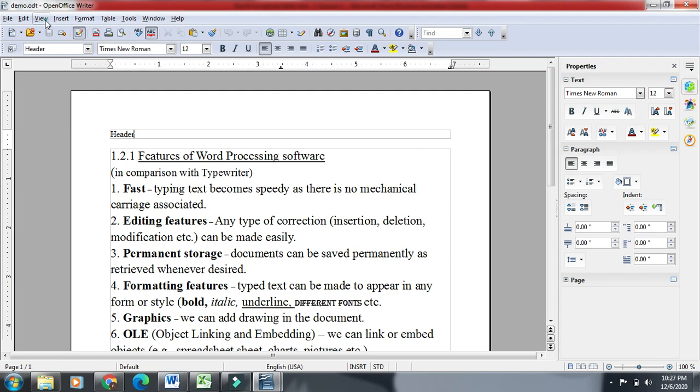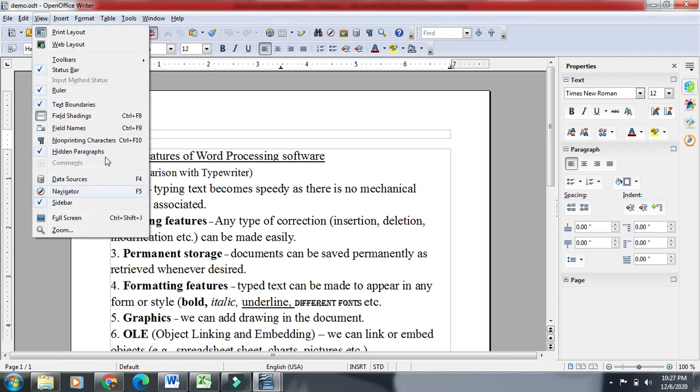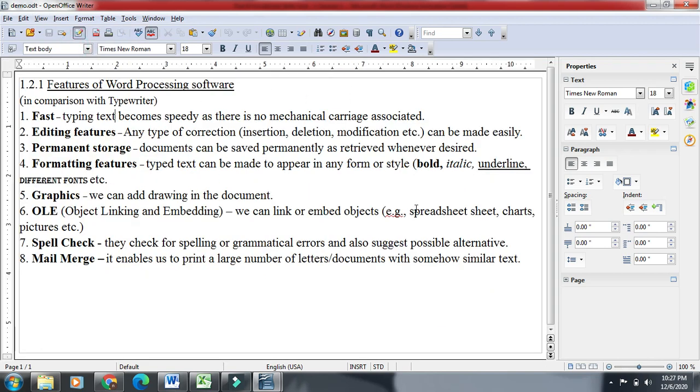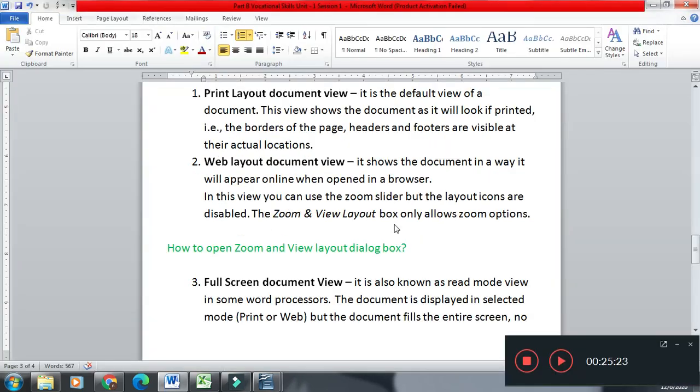So we'll click on view and then click on web layout. Web layout is the same view in which we are going to see our document when we publish it online, meaning when it gets opened in a browser. This is our web layout view, the way it will appear when opened in a web browser.